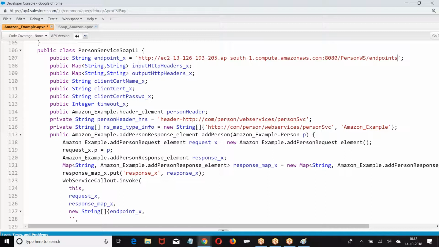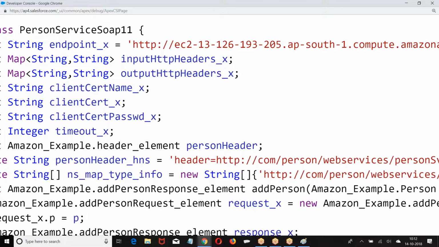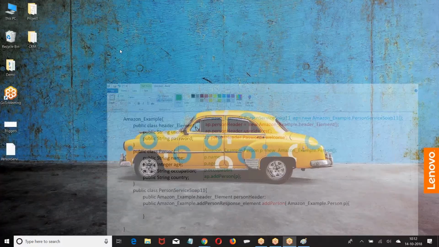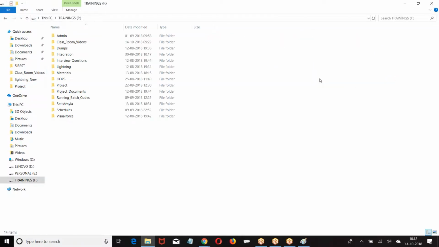Sure. Okay. Now, there is another way of authentication also. What was that? Certificate. There is another format of authentication. What is that called? Certificate. Now, if you want to authenticate yourself with the certificate, I don't have any certificates here. So what I will do is show one of my existing projects' code, how we pass the certification.